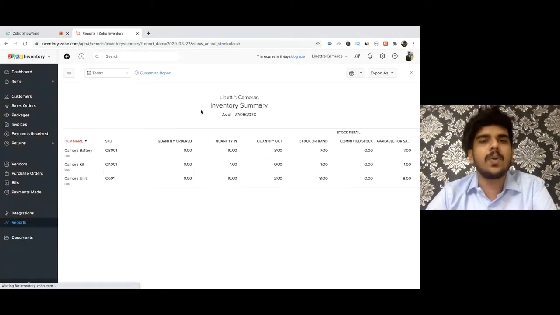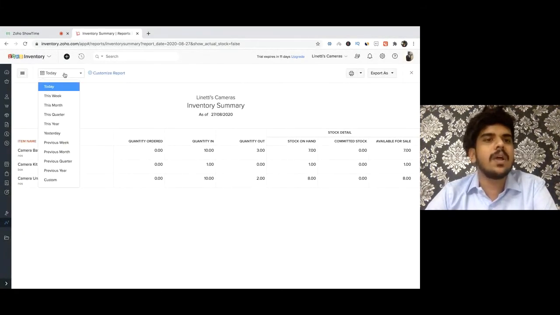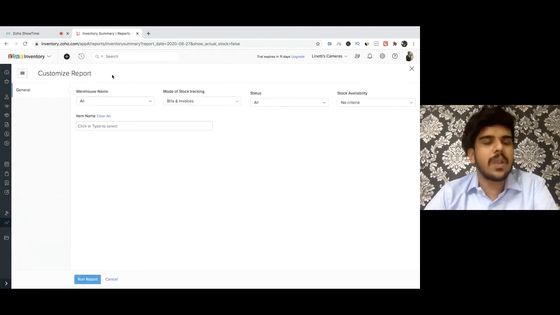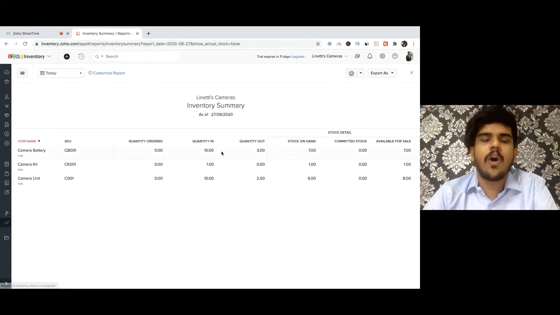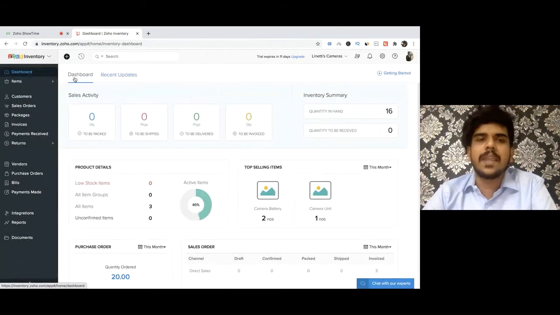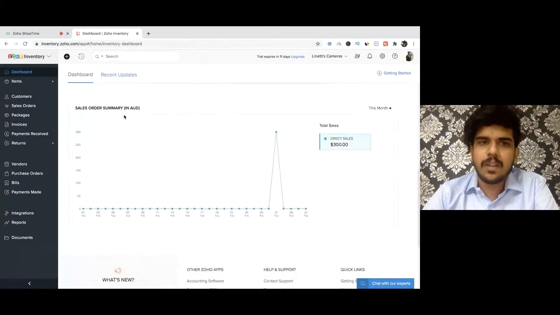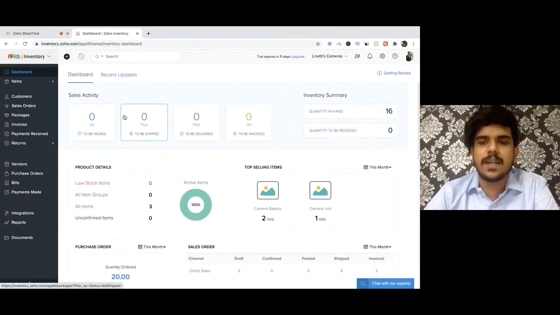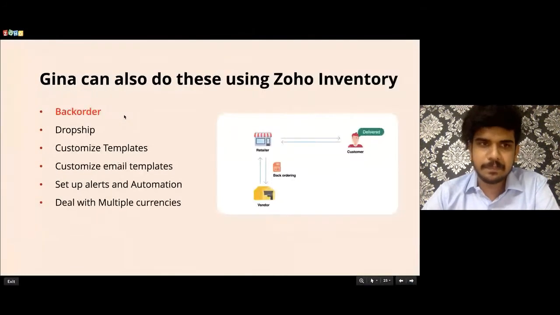And within a particular report, if you would like, you can also customize the time range and get the report for that particular time range that you have specified. And also if you want to customize a few things, you can click on customize report, where you will be able to customize the report to an extent. So these are the options that you will be able to find under the reports module. And as I mentioned at the beginning of the session, you can also get insights from the dashboard that we have given. So you can make use of the dashboard as well as the reports module to get your insights.